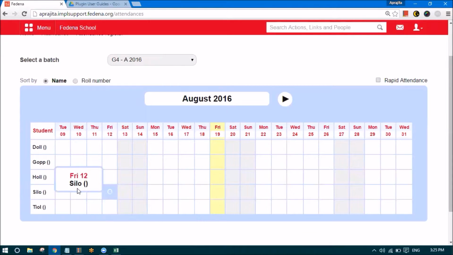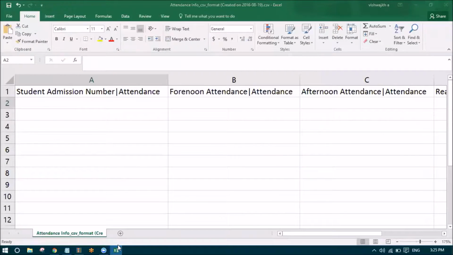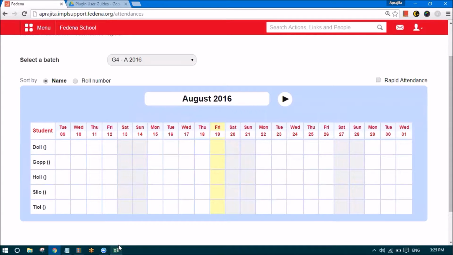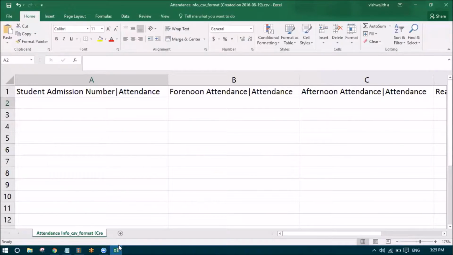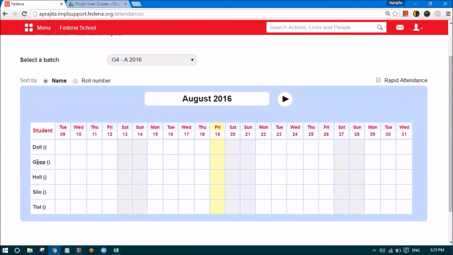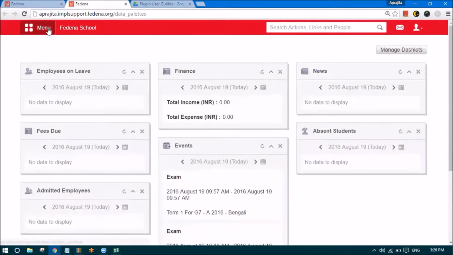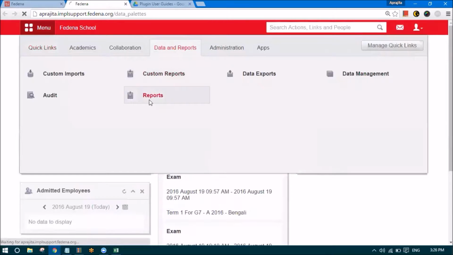For example, let's say we have a student, and for this student, we want to mark him absent for some previous date or for the current date using upload. So now we can mark the student absent. Let's see the details about the student, which is the admission number. So let's search for the student admission number. And let's see the student ID. It is better if we see it from the batch itself.